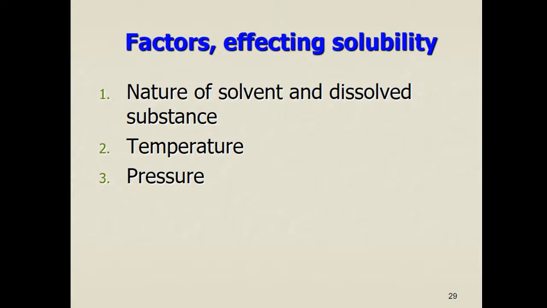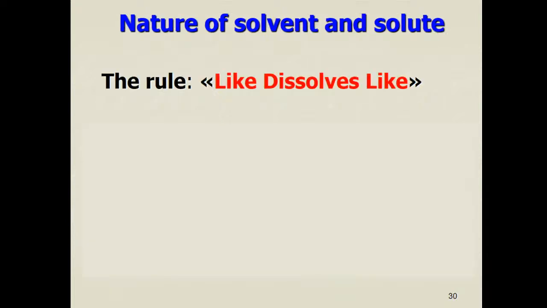So let us see how these factors really affect solubility. Nature is the easiest factor because of the rule "like dissolves like." What does it mean? This means the polarity of solute and solvent is important. It states that polar substances, meaning ionic or polar covalent bonded, have a higher tendency to dissolve in a